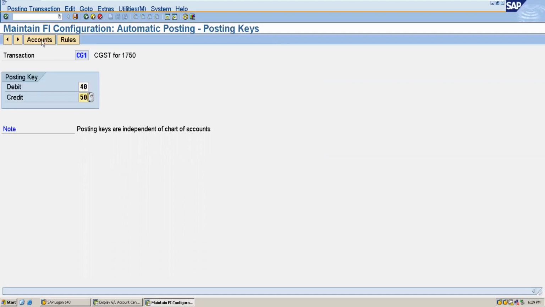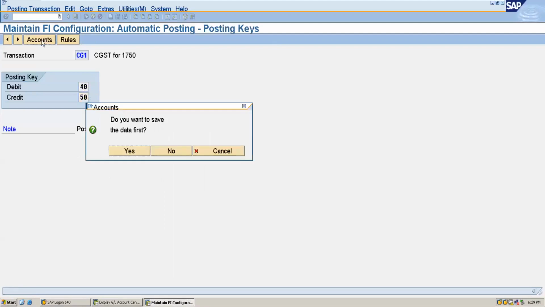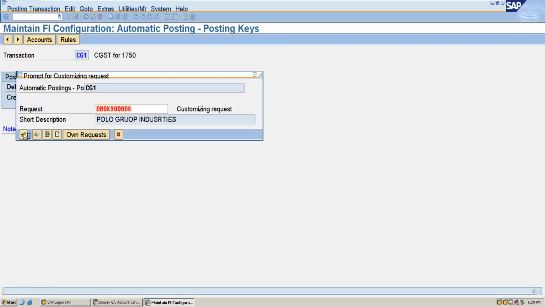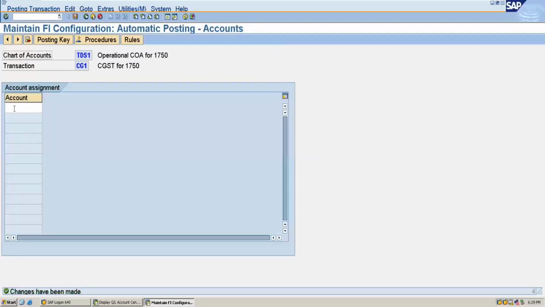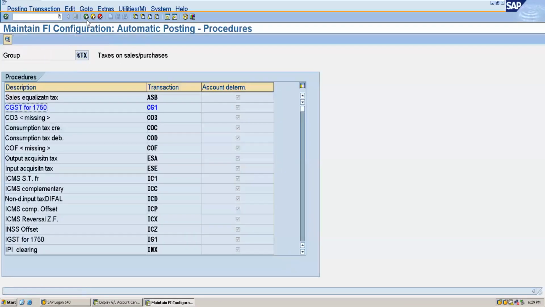Okay. Then go to account. Okay. Here I will give the account number for CGST, which is 1020. Okay. And after this, I will save this. Okay. Now we will go back. Now we will select